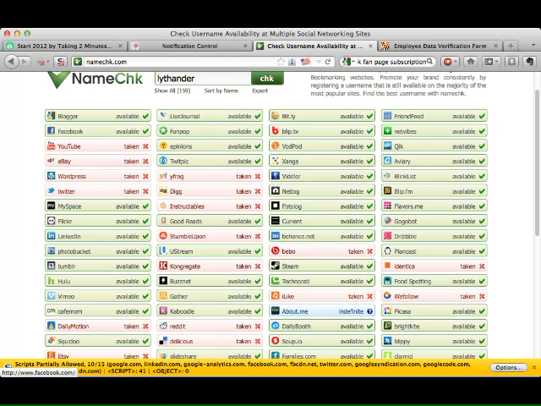So, this is a handy tool. If you're planning to launch your social media campaign, you might want to do a little checking here ahead of time to make sure that the particular networks that you're looking at have the name that you want to use. It can become difficult to track down when you have multiple different usernames on different platforms if you're trying to be more publicly available. Now,